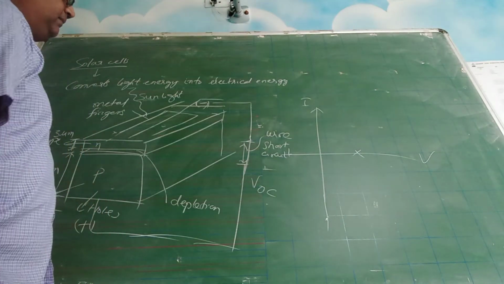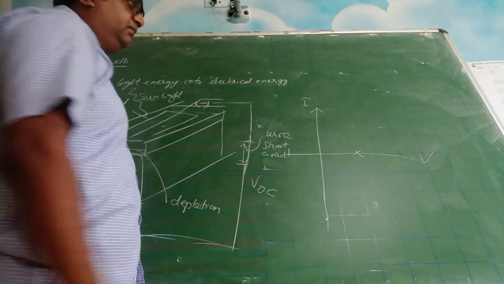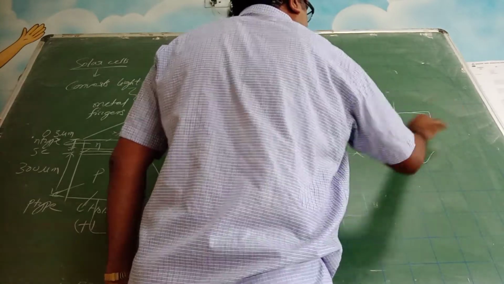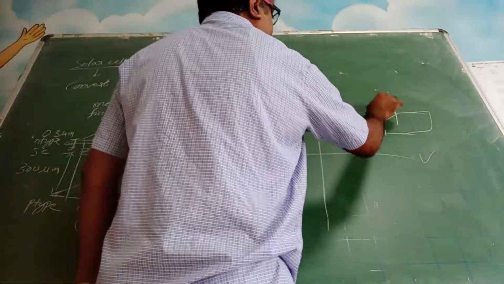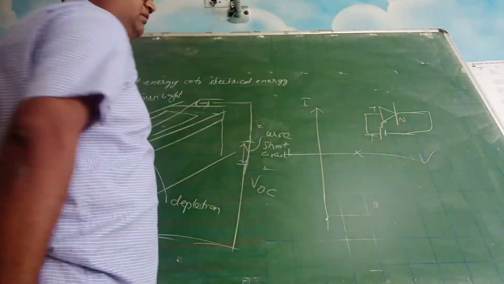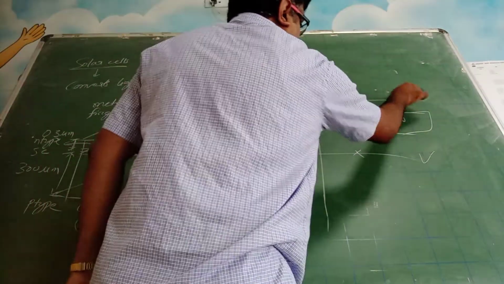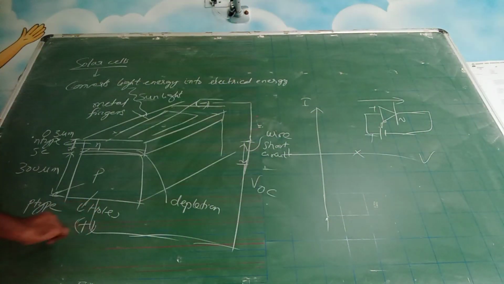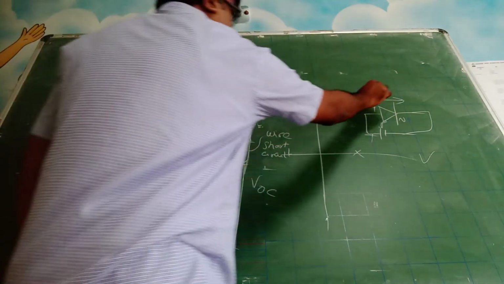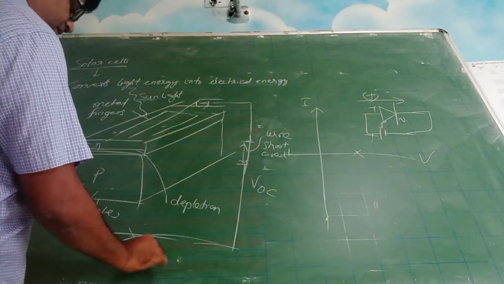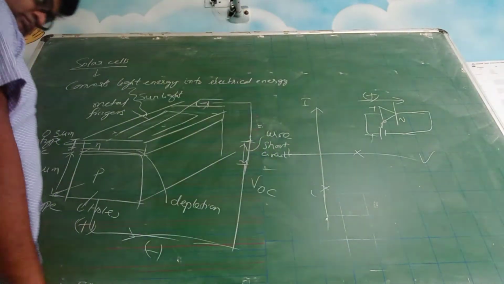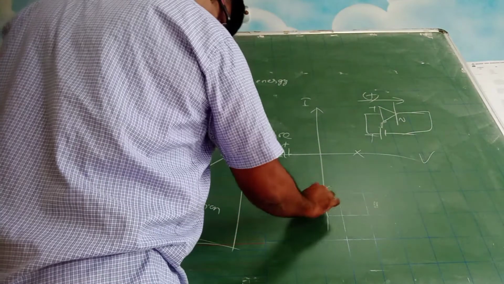Now tell me, we have seen this PN diode. The PN diode was like this: positive, positive. This is P-type, this is N-type. This is forward bias. In a PN diode, the current passes from the P side to the N side, right? But here you see, this is positive, this is negative, and the current is flowing like this. So if you call this current positive, this current will be negative. So at open circuit you have no current, and with the wire you will have some current through it, the short circuit current.